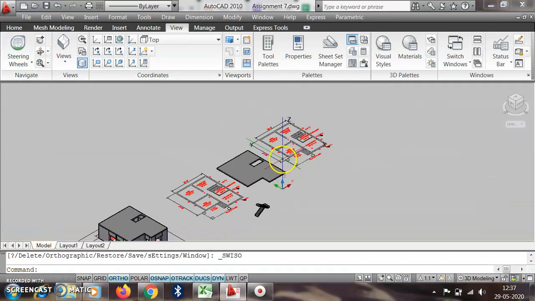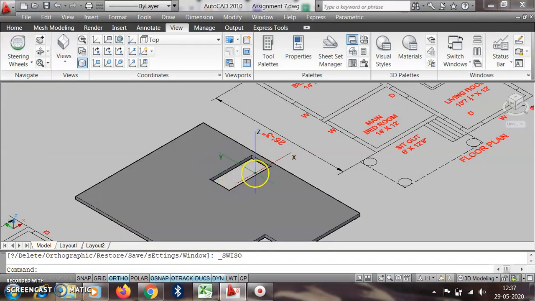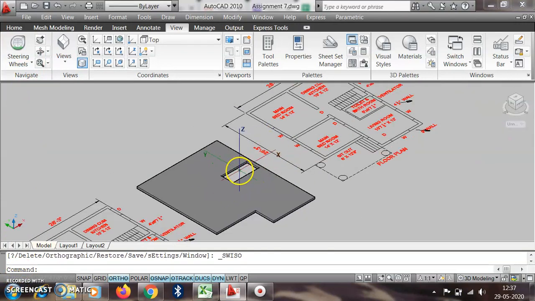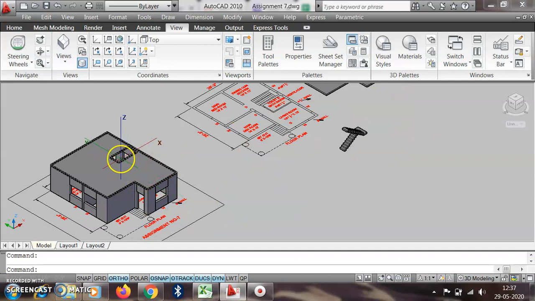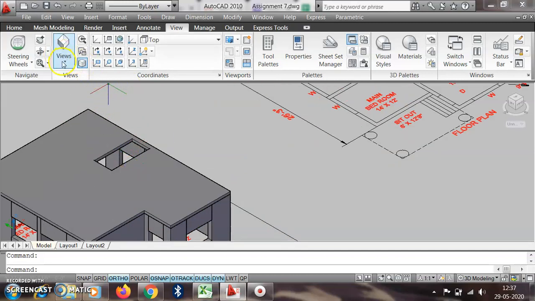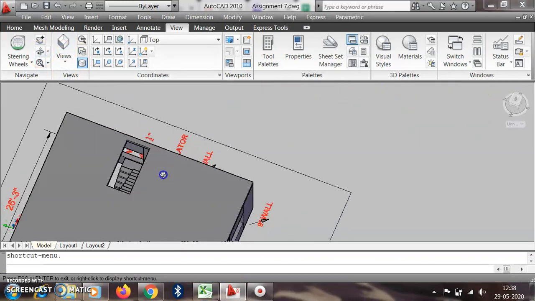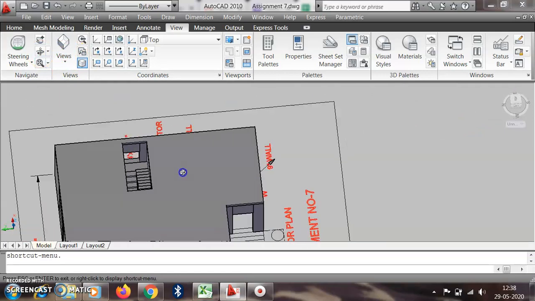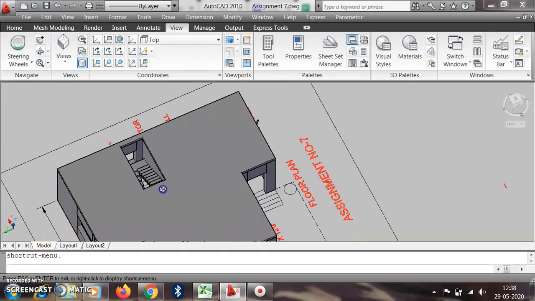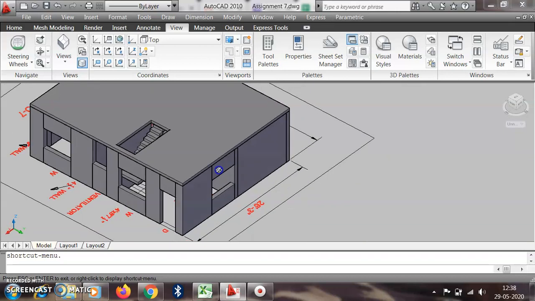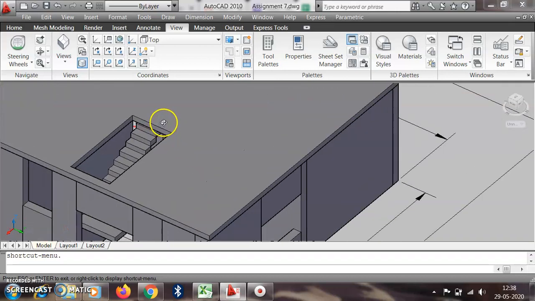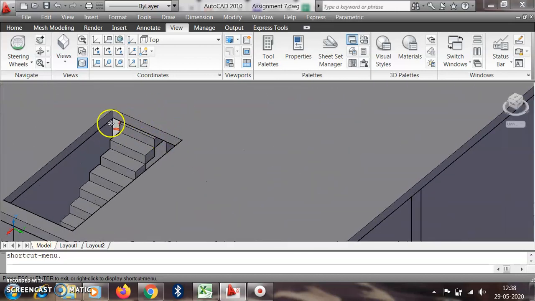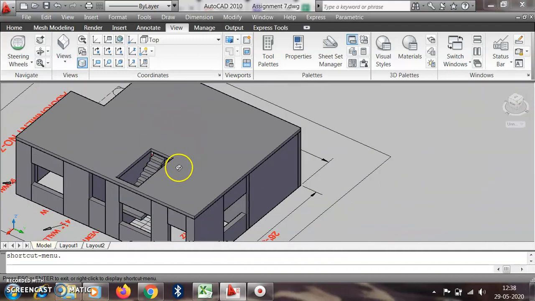Most of the time, if the headroom is not transparent, in that case we have to press pull this part and subtract this part from the slab. So this is about the headroom. If we rotate it, we get the open headroom staircase here. Most of the time our staircases are not matched at these particular points. In that case we have to cut some portion again and adjust it clearly.